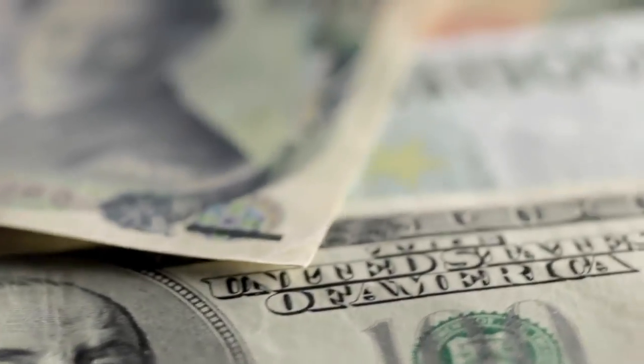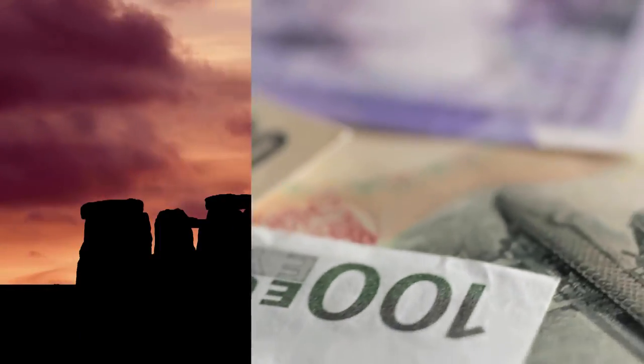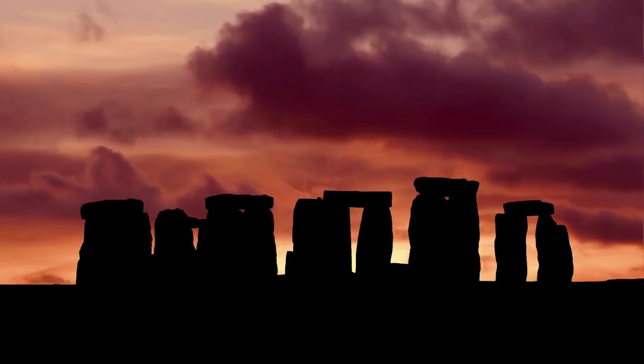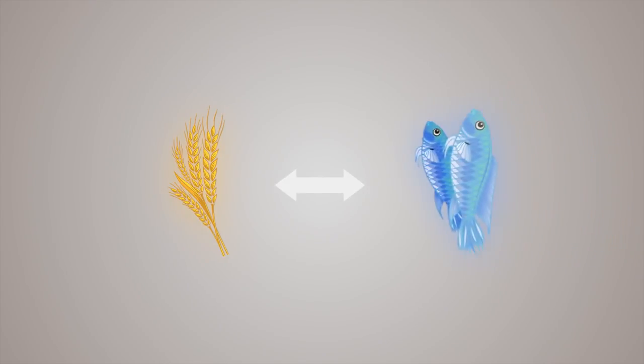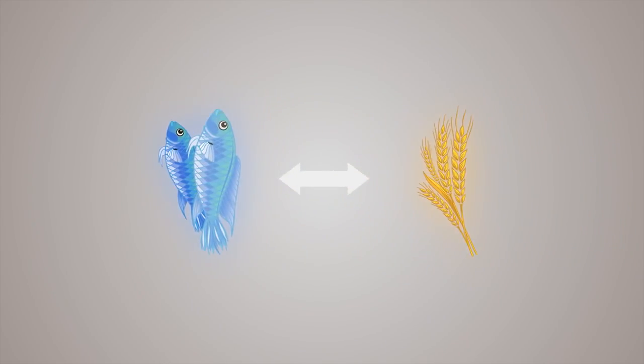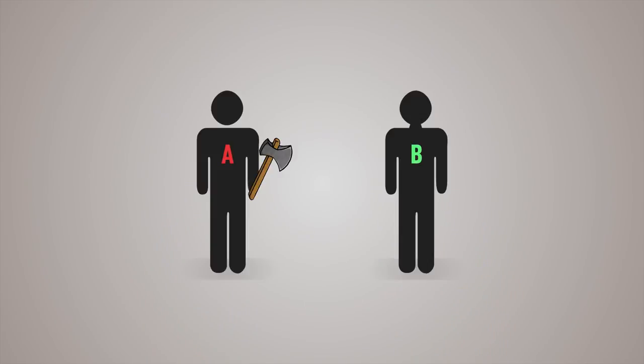Money? Well, long before the advent of modern-day currencies, people engaged in a practice known as barter. Bartering is the direct exchange of goods and services for other goods and services. For example, your average Neolithic transaction may look a little something like this. Man A owns an axe, man B owns a bag of corn, and assuming man A is in need of corn and man B is in need of an axe, a successful trade is now possible.